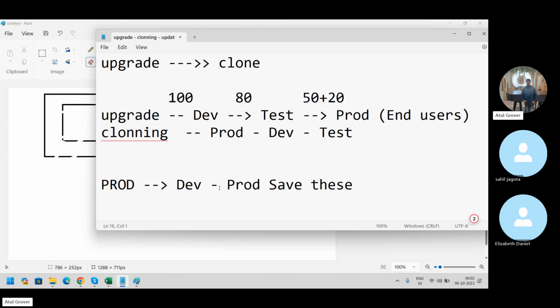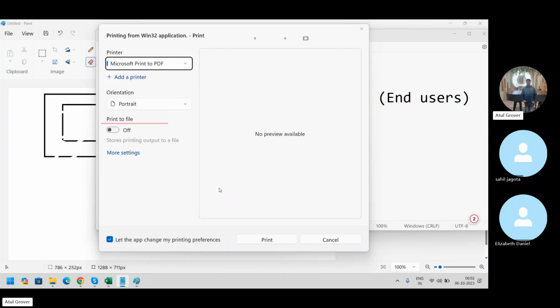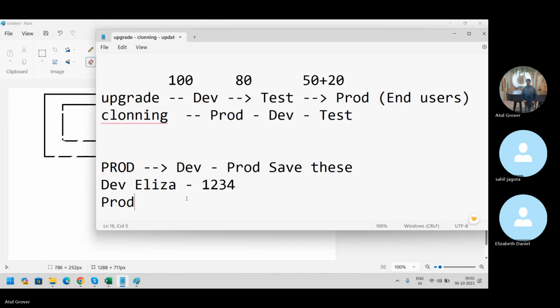Maybe, let's say in the dev, the Eliza account is there and the password is 1234. In the production, the login is via SSO, single sign-on, and there the password is